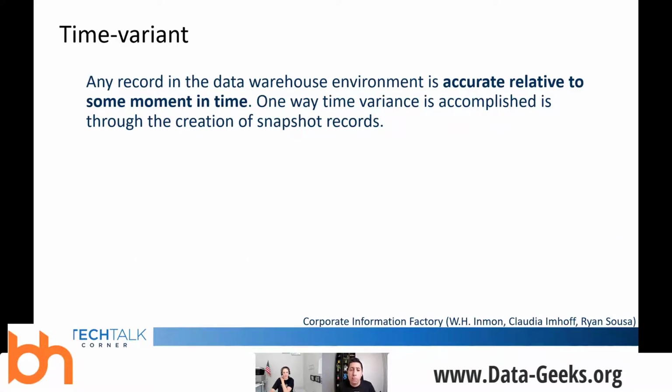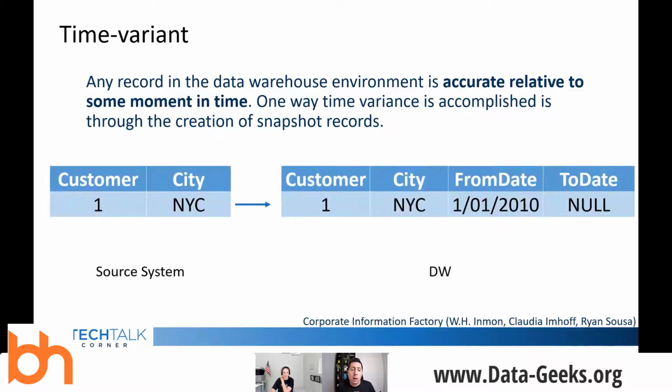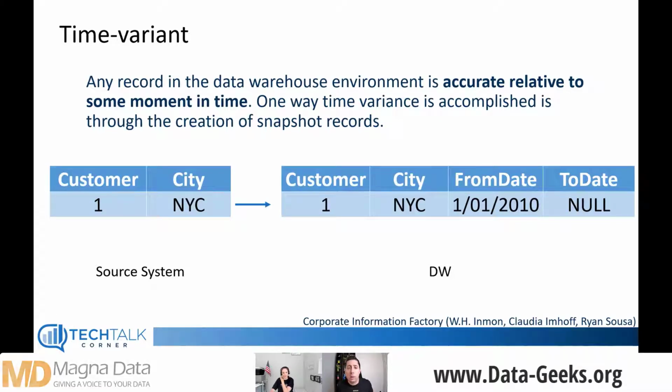If I can give you an example again, let's say that we have customer one who lives in New York City. When we move that information to the data warehouse, we identify that customer and get the demographic information, and we'll say that, okay, that customer, as we know, has been living in New York City from January 2010.